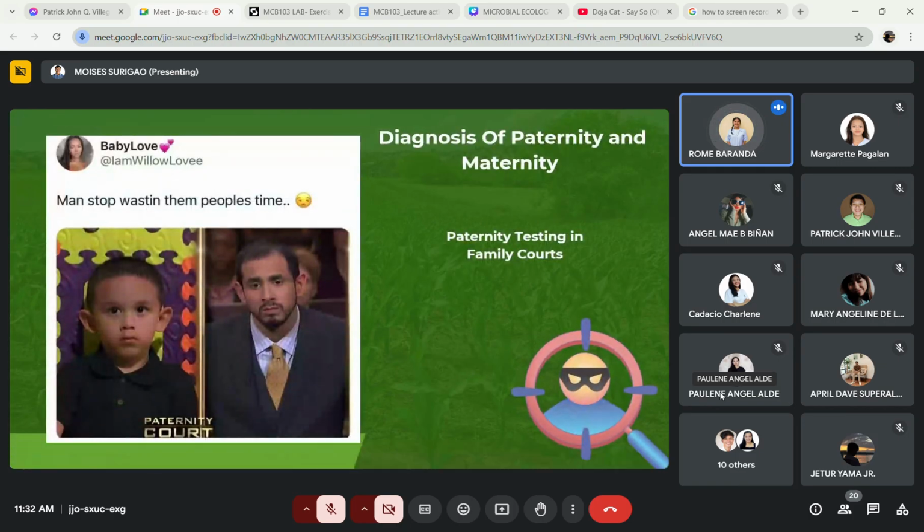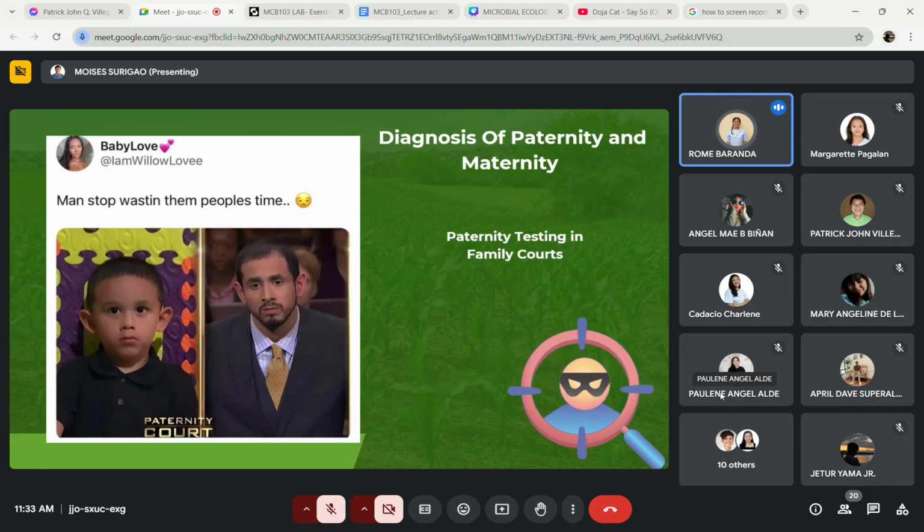And then next is the diagnosis of paternity and maternity. So the DNA fingerprinting is the gold standard for establishing biological relationships by comparing genetic markers between a child and the alleged parents. For example, paternity testing in family courts. In cases where paternity is contested, courts often order DNA tests to confirm biological relationships, ensuring accurate parental responsibilities and